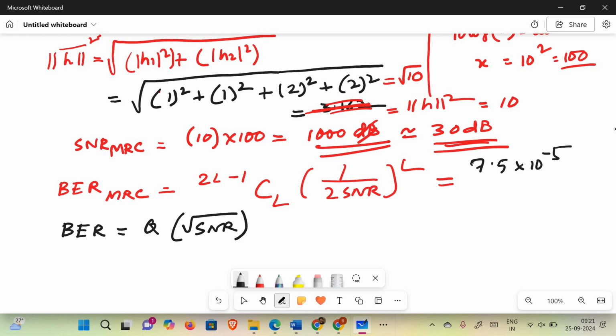Right? So if this is the scenario, for our case, it is Q of square root of SNR MRC. That's all, because SNR MRC we have just now found out. My point is, you can reuse what you already know instead of solving something which is not there. Here the assumption is that L is equal to 2. But to keep it simple, we can use this formula where we replace the SNR by SNR MRC and substitute it over here, and you will get a value like Q of